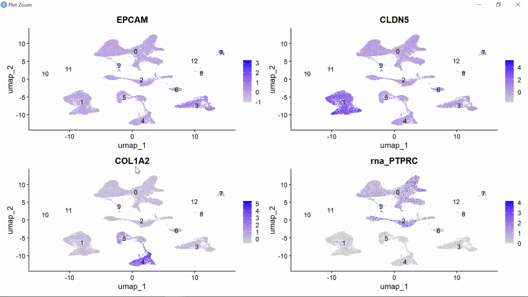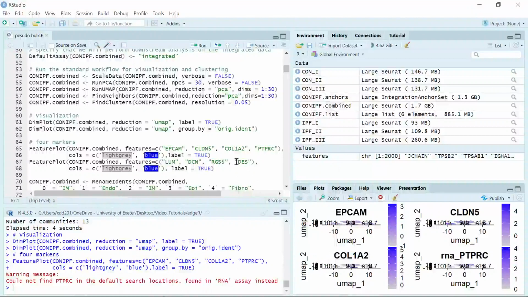So the collagen 1A2 labels the mesenchymal cells. Mesenchymal cells contain fibroblast, pericyte, and smooth muscle cells in the lung. So I'm going to use the fibroblast cell cluster to demonstrate how we perform pseudo-bulk RNA analysis and identify differentially expressed genes between control and IPF dataset. So let's use the fibroblast, pericyte, and smooth muscle marker genes to identify these cells. Both NAM and DCN label fibroblast, RGS5 labels pericyte, and DES labels smooth muscle cells. So we can run the feature plot again